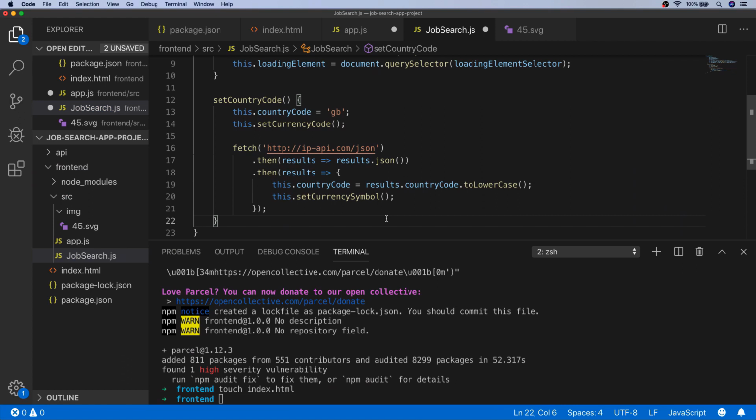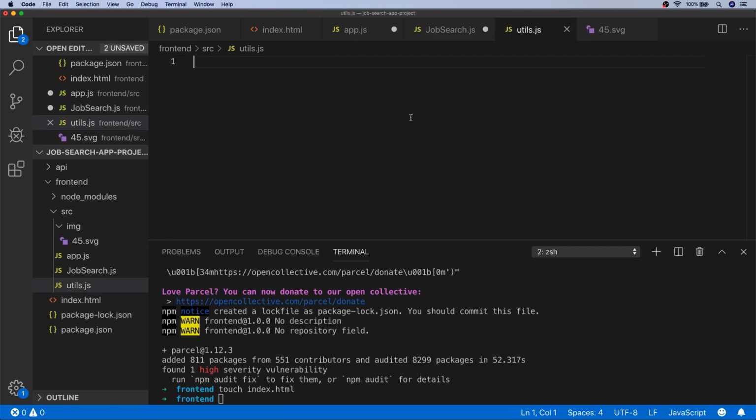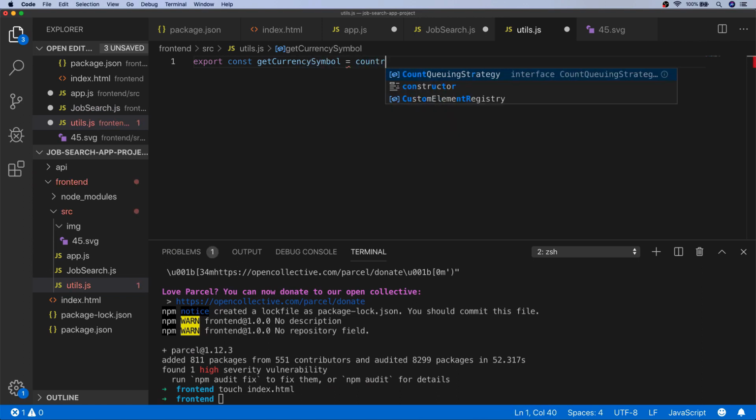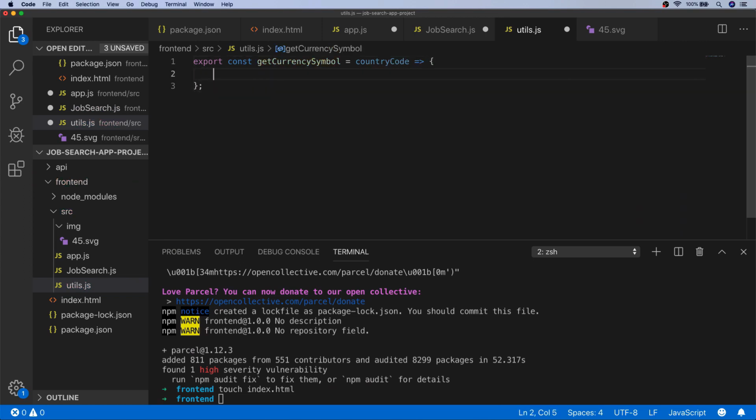So the set currency symbol, we haven't created that function yet, but it's something that we might, if we were making this into a larger application, need in other parts of our site. So let's actually create another file within our source, and we'll call this utils.js. And we're going to put a function in here to help us get the currency symbol, and this will be pretty basic, but we'll just call a function called getCurrencySymbol, which takes in the country code,